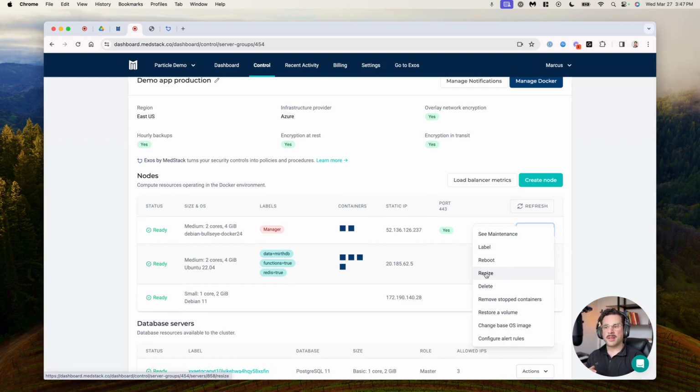You also have the ability to restore volume directly to a node, so you have that control to do data restoration both for your database server and for your Docker environment, and even troubleshooting efforts to do a reboot or a redeployment of this node in case you run into any issues, and do self-service maintenance, configure alerting rules,